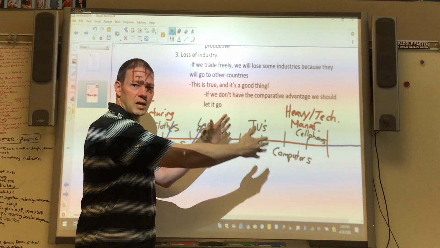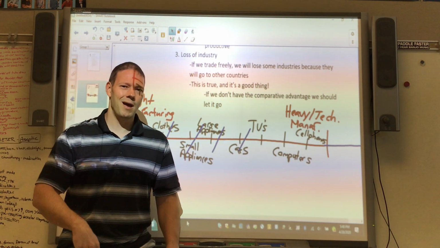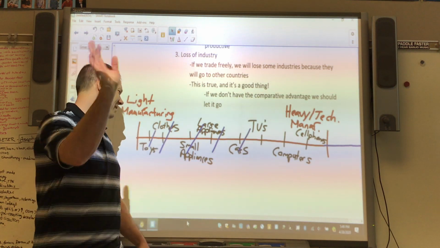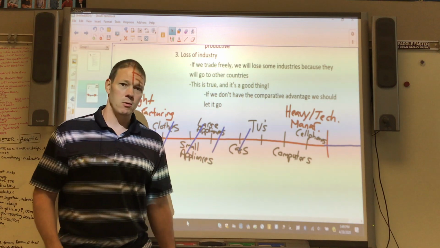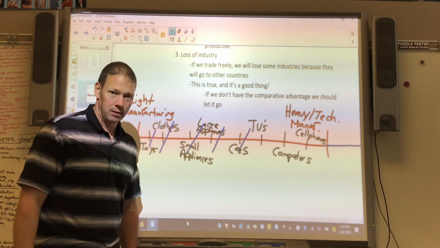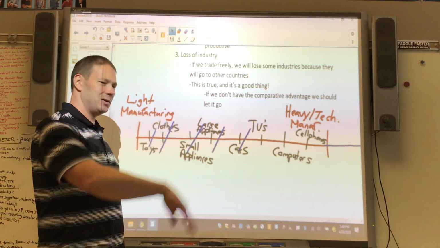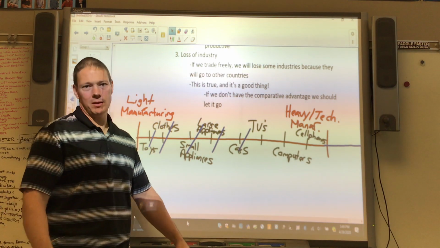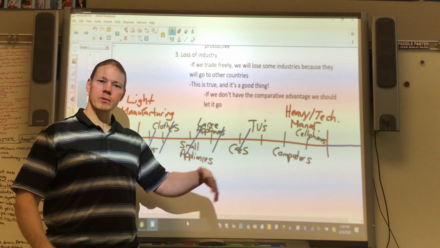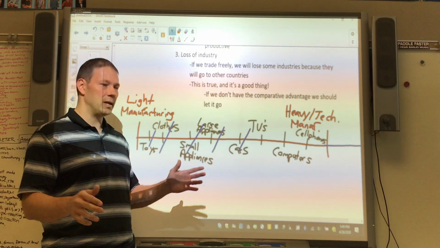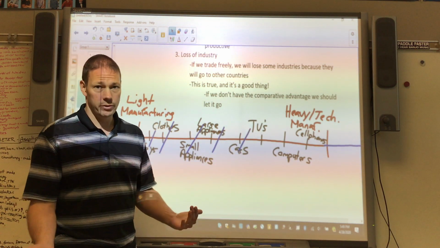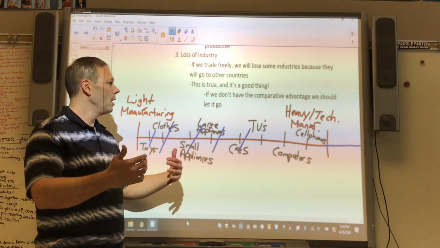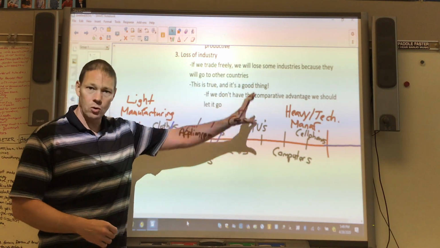And as they move up the scale, they say, let Vietnam make the toys. Let Vietnam make the clothes. We're making cool stuff now, right? 20 years from now, Vietnam's going to do the same thing. Vietnam's going to say, let Uganda make the toy. I don't care. Let Zimbabwe make the clothes. We'll make it right. This is what nations do. And people freak out as you move up and as you shed industry, but that's a good thing. That's what opens up the opportunity to make even cooler things.